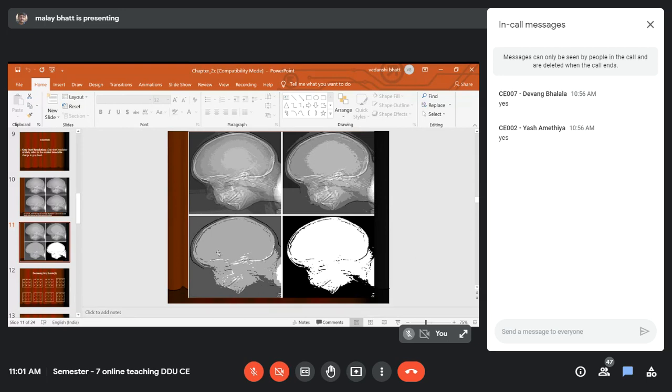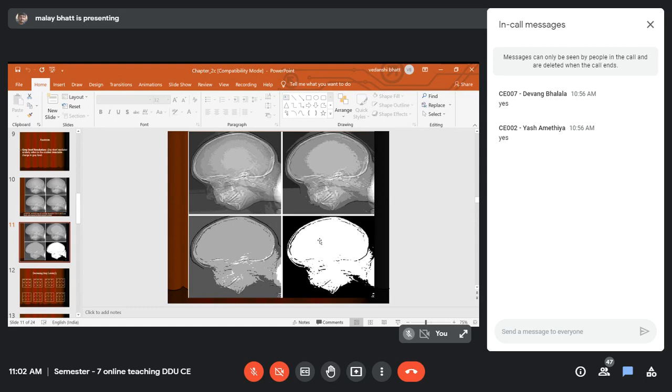Then you go to 2 raised to 2, m cross n cross 2 raised to 2. You can see this kind of picture where almost all details are lost. You cannot see the details at all. So through gray level resolution, if you reduce it, you will lose the details in the image. And at last, we have only 2 levels, 0 and 1. You can see a pure black and white image. Hardly can you identify that it is the head of a human. You cannot see that even clearly.